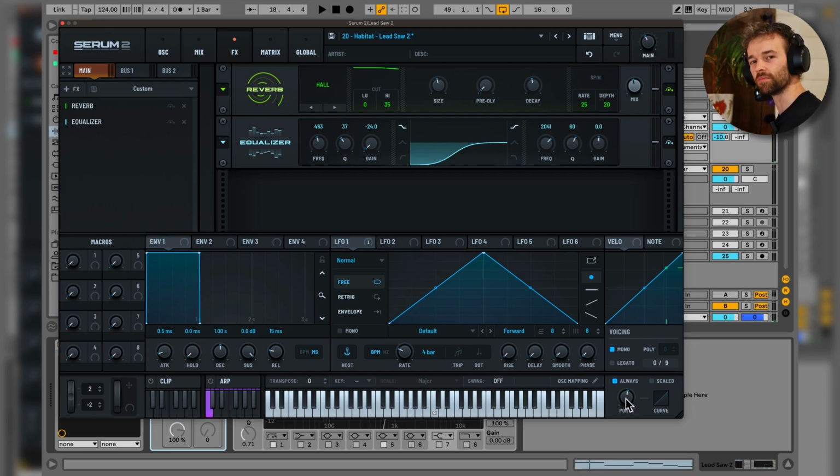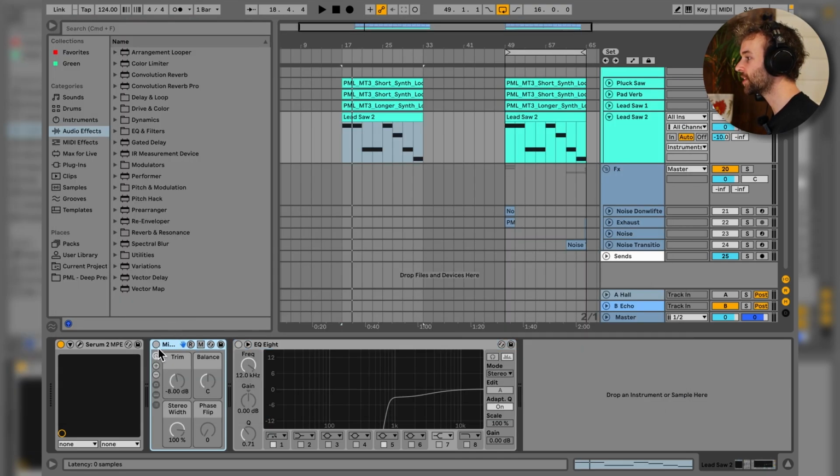Quite high-pitched and quite harsh, but when we add the effects to it and chuck it in the context of the mix, it fills out the space quite nicely. So let's close up Serum 2, and we can see we've got this mix control, again, just bringing the level down by 8 dB, followed by this EQ8, which is very drastically high-passing the sound and just reducing some of these kind of more mid-frequencies around 2K as well,